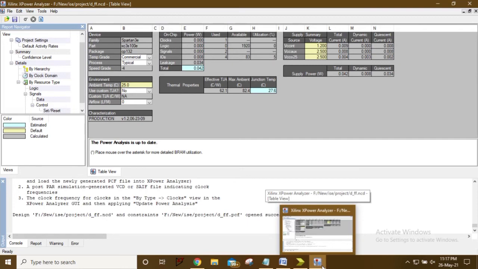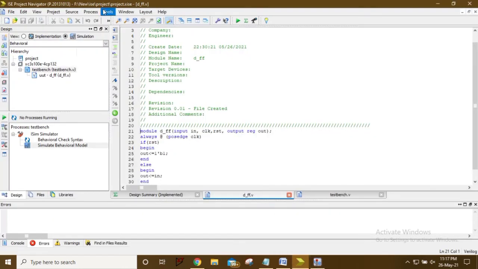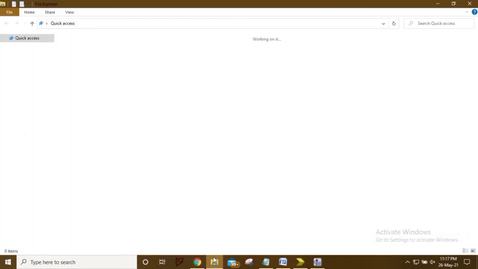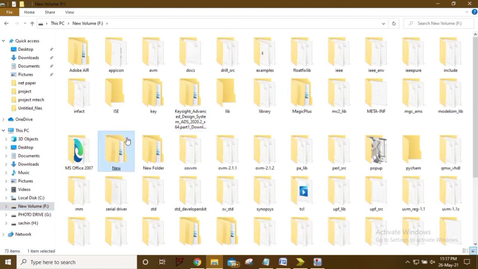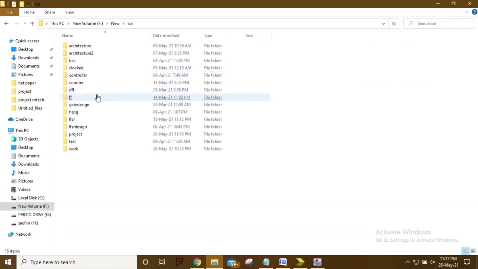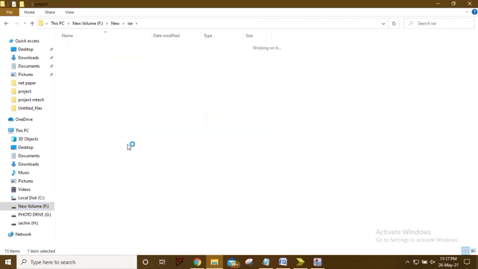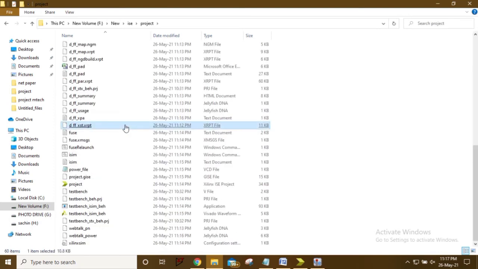Then what we will do is see where we have stored our design. This is the location. We will go to the location, and here we will search for our file.